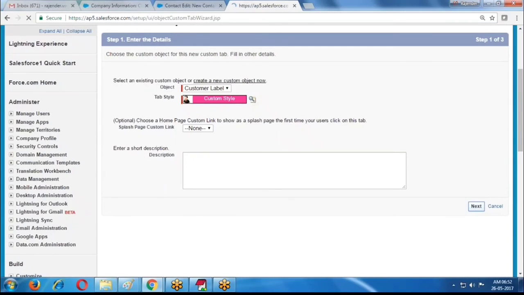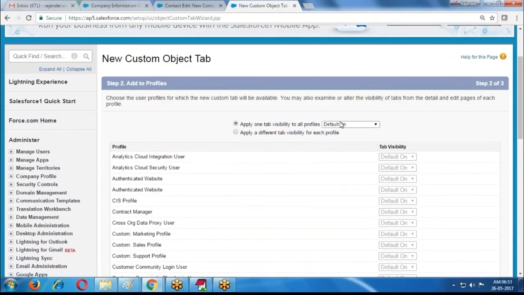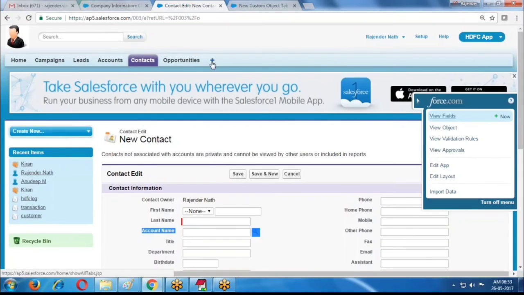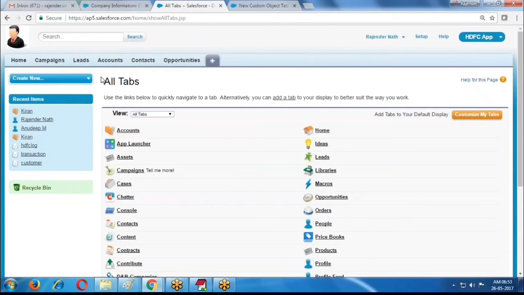Click on Next. There is tab visibility. There are three types of visibilities: Default On, Default Off, Tab Hidden. What is the difference between these three? If I click the plus symbol, this is the All Tabs section. This is the tab panel or tab menu.